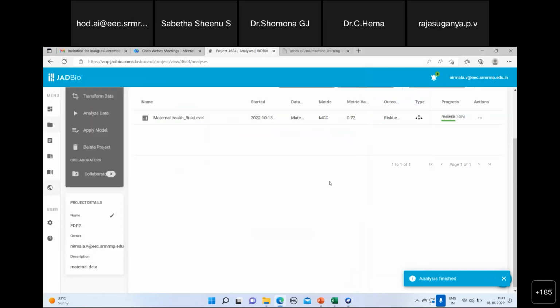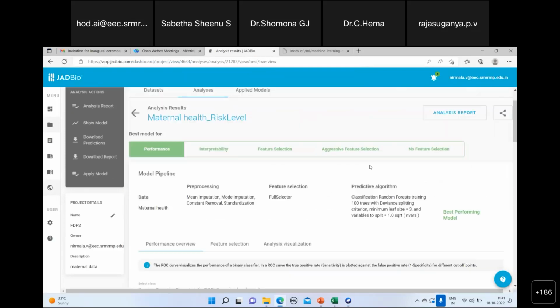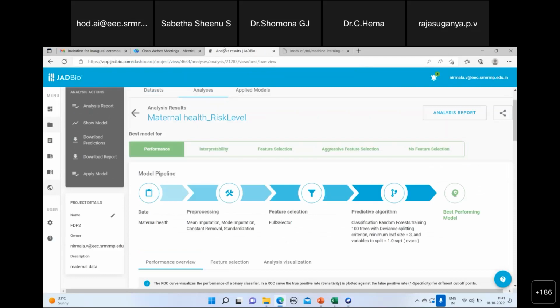So we will go back to this analysis. Here again, you have three types of actions: viewing the results, applying the model, and renaming the analysis. What is this applying model? I will tell you. First, we will come to view the results. So when you come to view the results here,